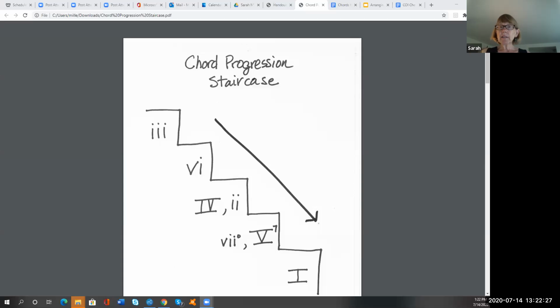So, any ideas why we would use more chords in minor? Why we would use the 3 chord in minor? How does the 3 chord relate to the 1 when you're in minor? This is really important. It's the relative major. Yes. And so now I don't have in here, but I want you to draw a staircase with 6 steps. And for minor, and actually